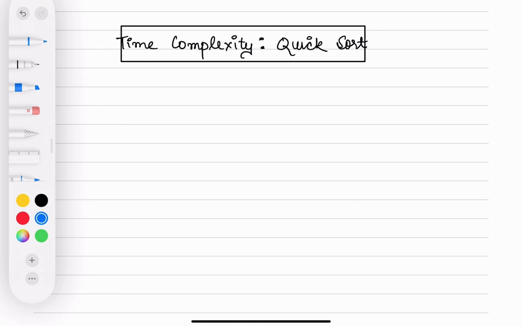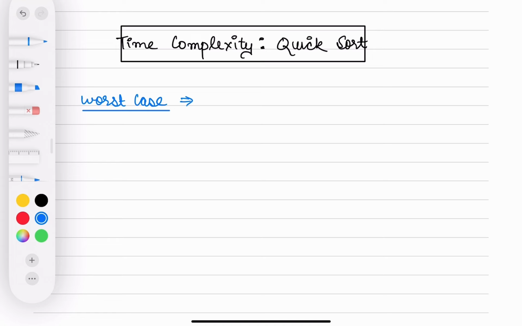In our previous video, we have seen the derivation of time complexity for quicksort in best case and average case. In this video, we are going to see the derivation of time complexity of quicksort in worst case. So let's get started. So when you think there will be a worst case for a quicksort,